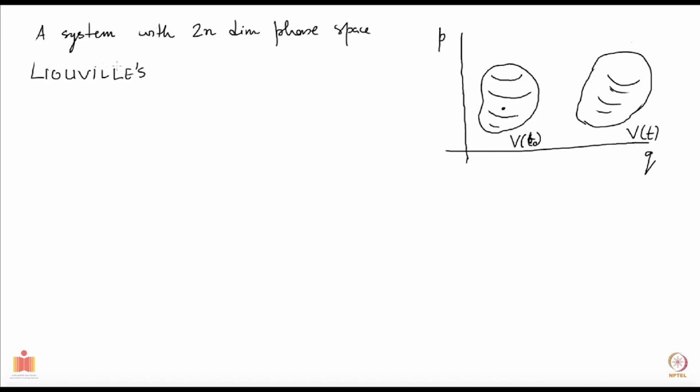Liouville's theorem. Okay, so I hope the question is clear, and let me just create some notation. I want to define this entire set of coordinates q1, q2, and so on up to qn, and then you have p1, p2, up to pn, so you have all the 2n coordinates here. Let me call these collectively x. I put a vector sign on x just to mean that it is a multi-component thing.